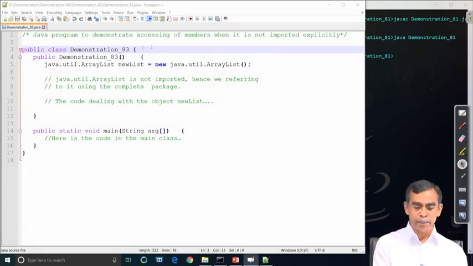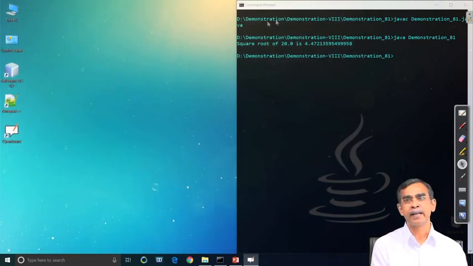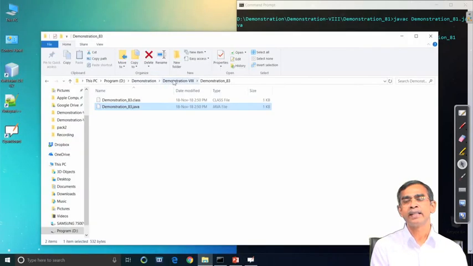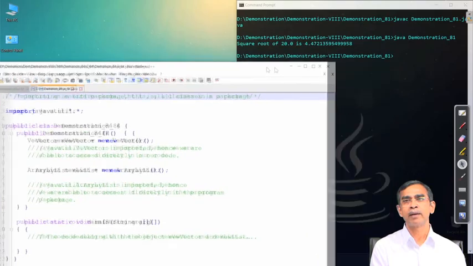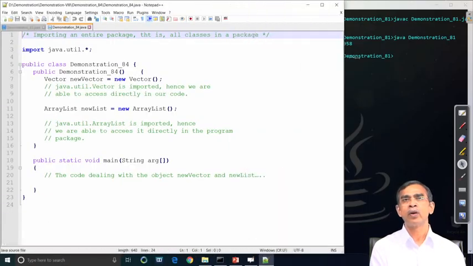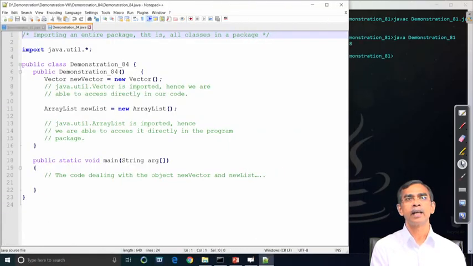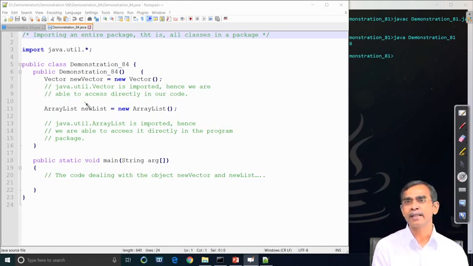Now, our next example demonstrates that instead of only one class, we can include many classes. For example, Vector and ArrayList, both of the classes if you want to include. So, what we do? We can do two things, import java.util.Vector, import java.util.ArrayList like this, but instead of this, dot star is a short form.